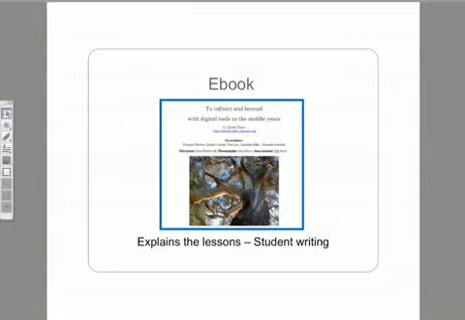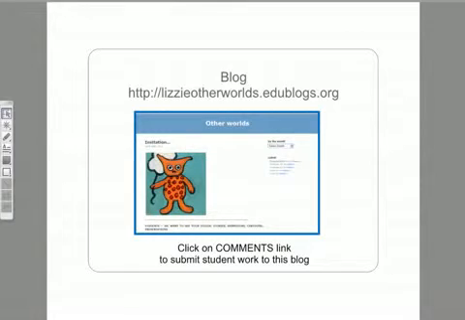Okay, and then finally, the fifth document on the website is an ebook in which I've written up the project in a kind of chatty way. And the benefit there for you, probably no one's really going to bother ever reading the ebook, to be honest. Let's be real. But if you ever did have a moment in your very busy lives, the thing about the ebook is that I've got extended pieces of student writing, which I didn't put into the lesson plans, obviously. So if you have a spare moment and you want to see some of the longer pieces of writing that the students in this project did, have a little pop into the ebook, and some of the kids' work is really gorgeous.